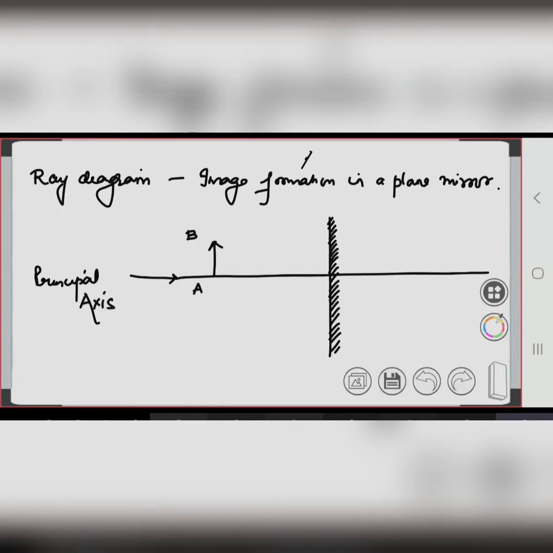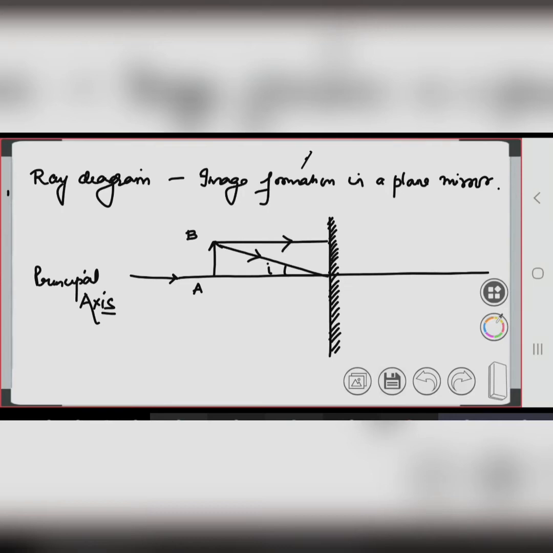Now, to find out where the image will be formed, I told you what we do. From the object, we take two rays. So I take ray 1, going and hitting the mirror straight, and I take ray 2, hitting the mirror at a certain angle. Okay, this would be your angle of incidence. These arrows are very important because they indicate the direction of the ray. Right now these are the incident rays because they are going towards the mirror.